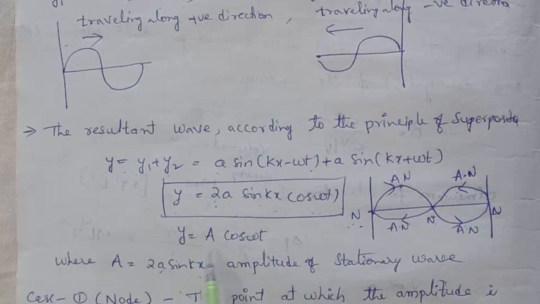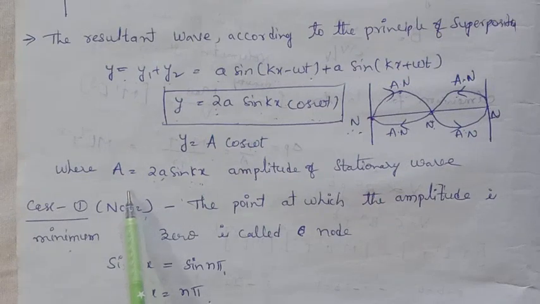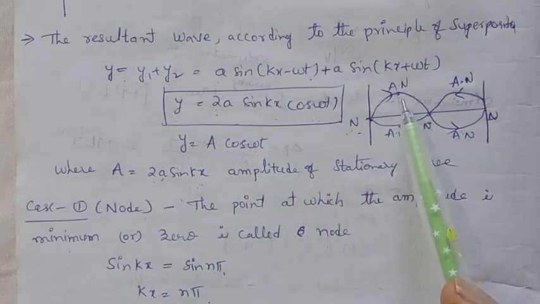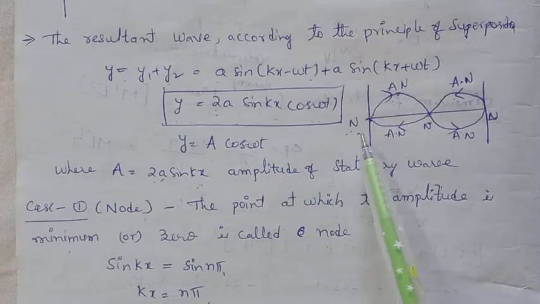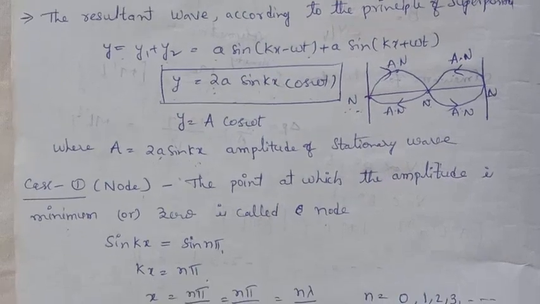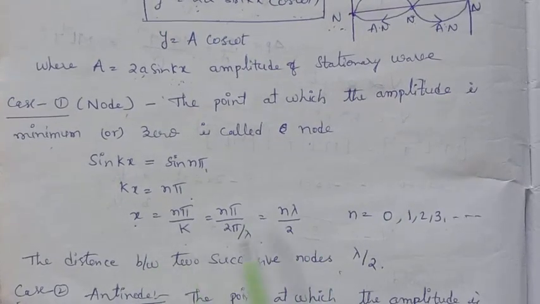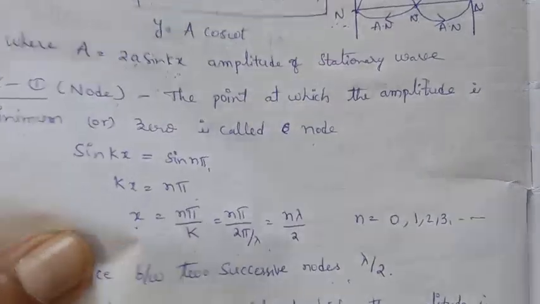We are getting the expression y is equal to a cos omega t, where a means amplitude. What is the expression for the amplitude? 2a sin kx. Where the amplitude is maximum, that point is called the antinode. Where the amplitude is minimum, that point is called the node. So I can apply these rules and get the expression for the x value. From node to node the distance is equal to lambda by 2. From antinode to antinode the distance is equal to lambda by 2. From node to antinode or antinode to node, lambda by 4. You have to remember. And next topic,